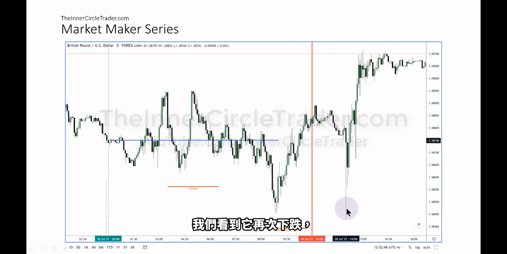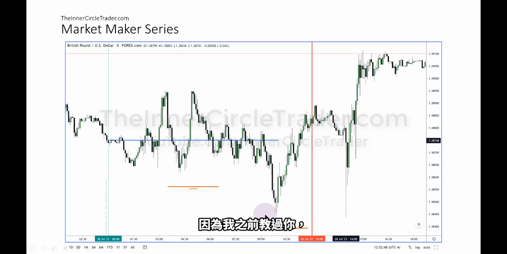So we see it trade down again, taking out the short-term low, and then it rallies. This is seek and destroy. Seek and destroy is a market profile where it's literally taking out short-term highs and lows all day long. Then finally at 2 o'clock in the afternoon, when the manipulation enters the marketplace, it takes out the low of